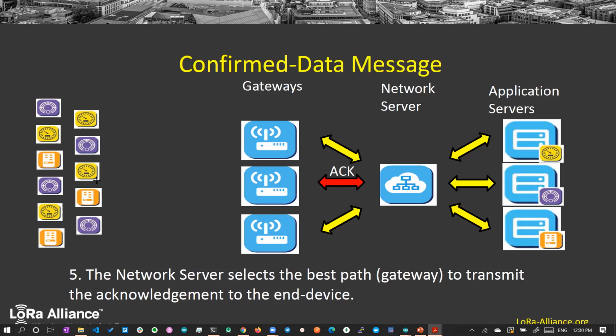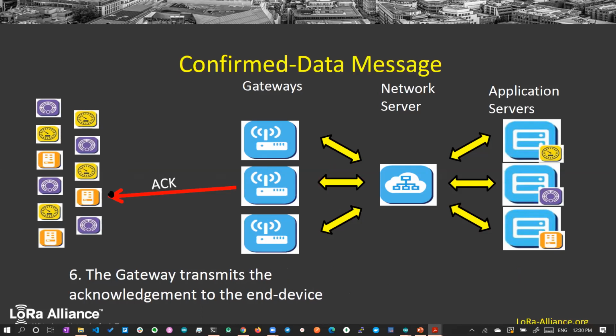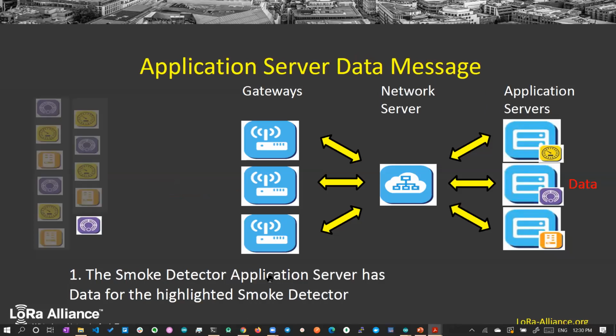How is it found whether this gateway or that gateway is nearest? Based upon the receiver sensitivity, the signal power and the RSSI. If you get more sensitivity with this gateway, the network knows this node is closer to this gateway, even though both gateways are in range for this device. So it sends the acknowledgement through this gateway, and the gateway transmits the acknowledgement to the end device. So that is one process.